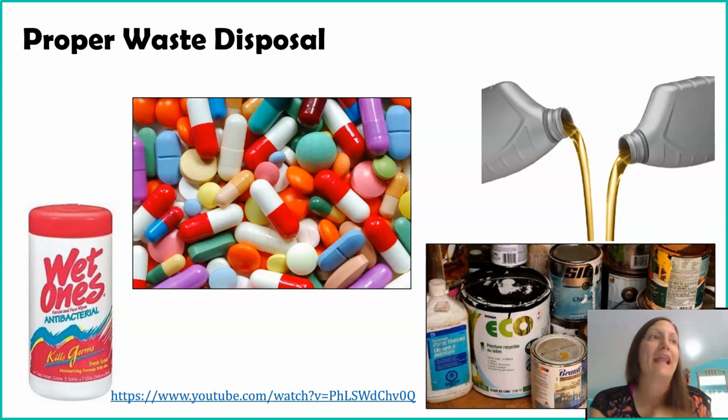Because maybe you're using it at the toilet. You're like, this is how I get nice and fresh and clean. And it might be so tempting to put it in your toilet. And it might even say on it, flushable. And you're like, flushable. In fairness, they are flushable, but